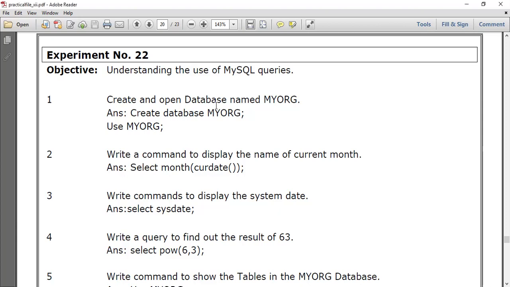Okay, let's continue. Although we have done a few of these commands, let's do it practically also.